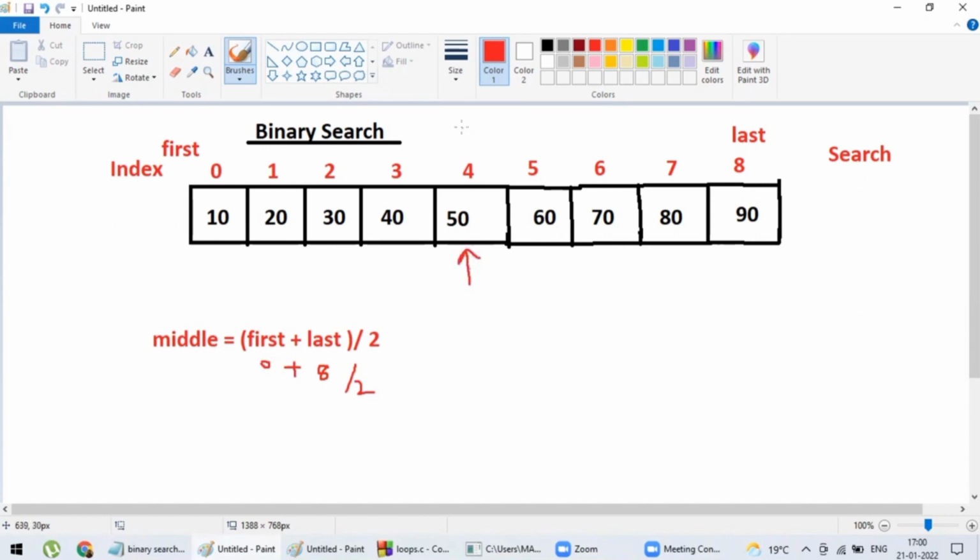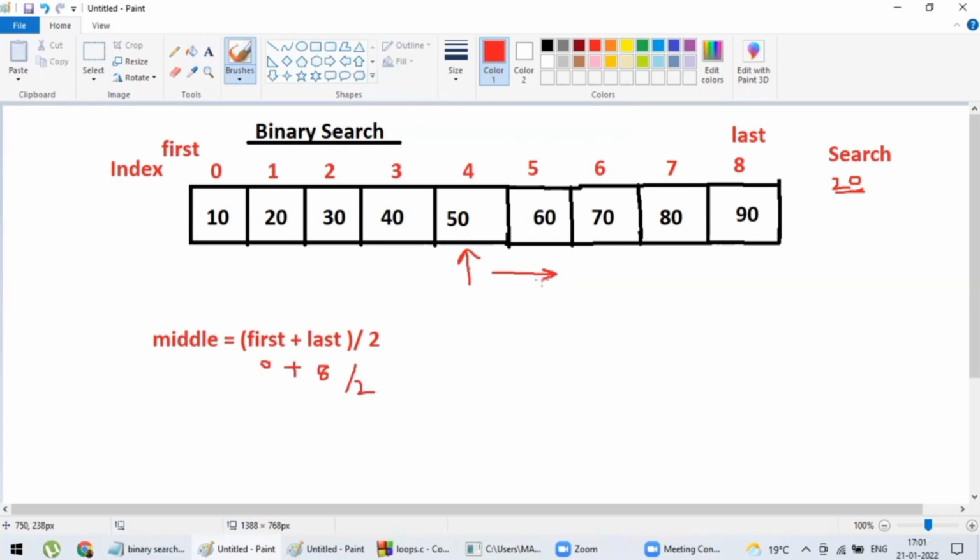So now, let's say you want to search the element 20. As you know the list is sorted, you have to compare 20 with 50. Okay, 20 is less than 50, so now there is no point to search at the right hand side.